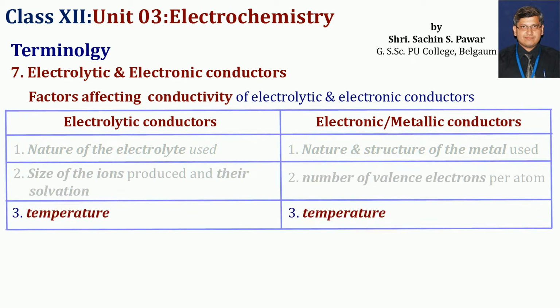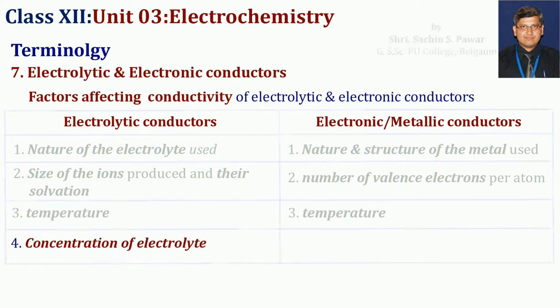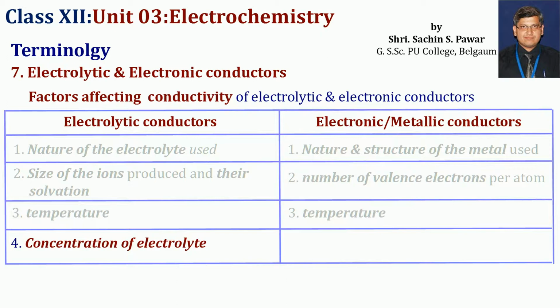Next, as we have discussed earlier, for electrolytic conductors, increase in temperature increases the conductivity, while for electronic conductors, decrease in temperature increases the conductivity. The reason for that we have already discussed. The detailed explanation on effect of concentration we shall see in later stage. However, at present it is just sufficient to say decrease in concentration of the electrolyte solution, that is increase in the dilution of the electrolyte solution, gives more space for the ions to move, and ions will start moving faster, and hence it should increase the conductivity.